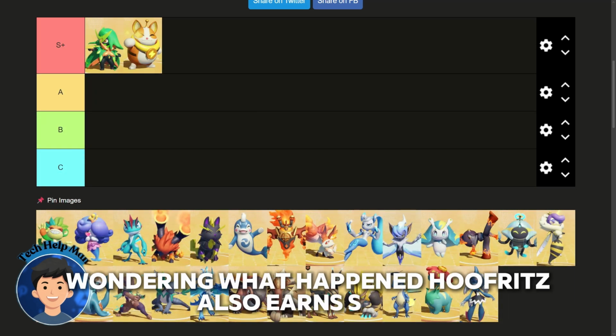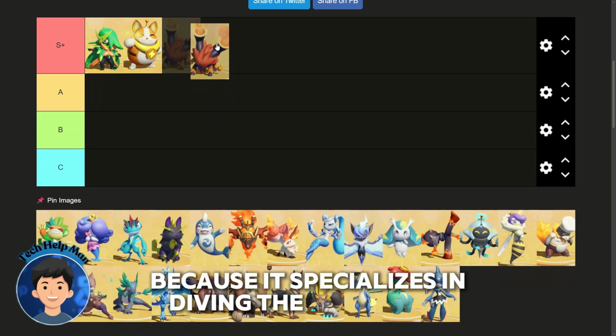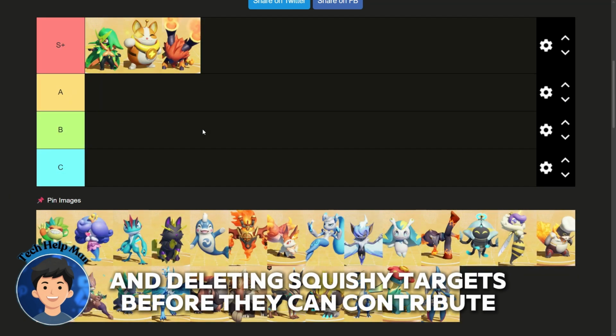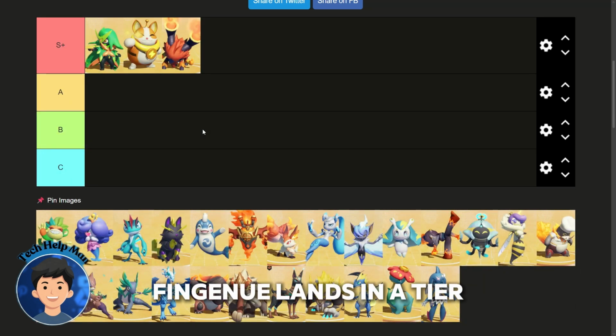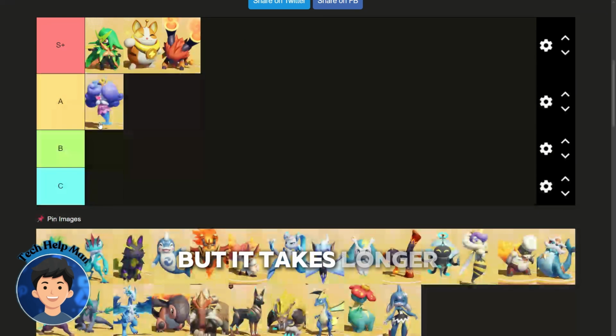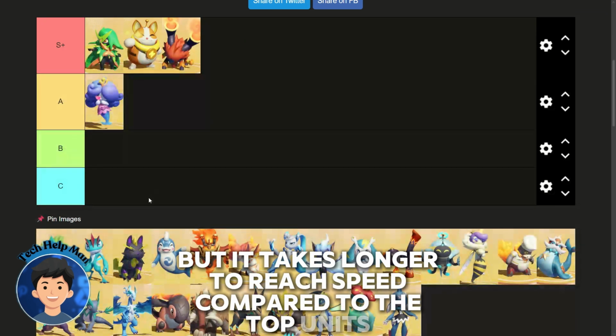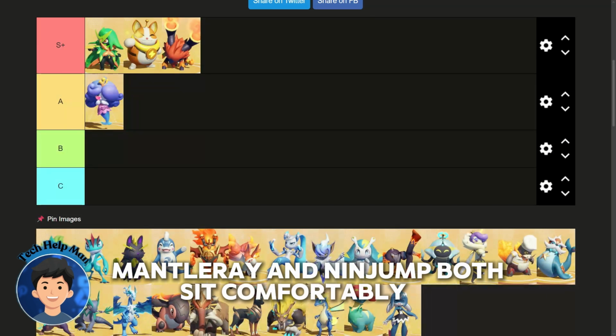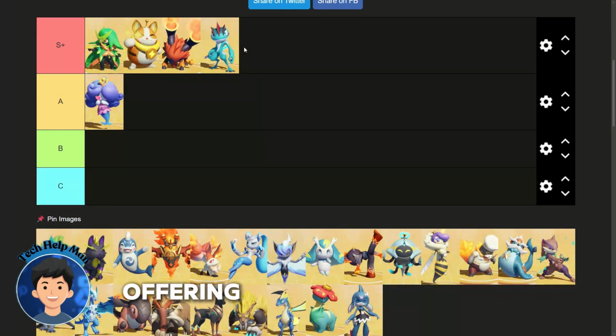Hufrit also earns S tier because it specializes in diving the back line and deleting squishy targets before they can contribute. Penguin lands in A tier. The single target damage is incredible once fully developed, but it takes longer to reach its peak compared to the top units. Monterey and Knee Jump both sit comfortably in S tier as well, offering incredible damage, scaling, and consistency